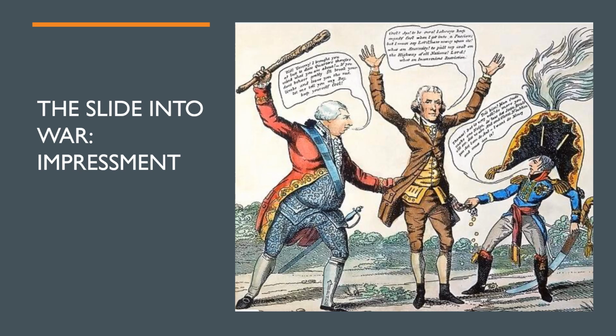American shipping between the French West Indies and Europe was thought to be depressing coffee and sugar prices for British producers. The French responded with Napoleon's Milan Decree of December 1807. Any American ship complying with the orders in council was to be considered essentially British and subject to seizure by the French Navy.